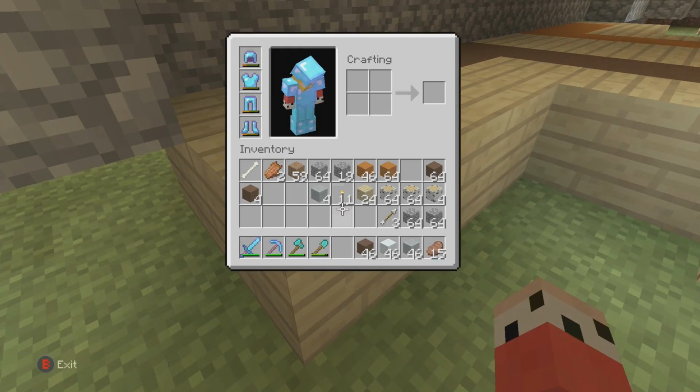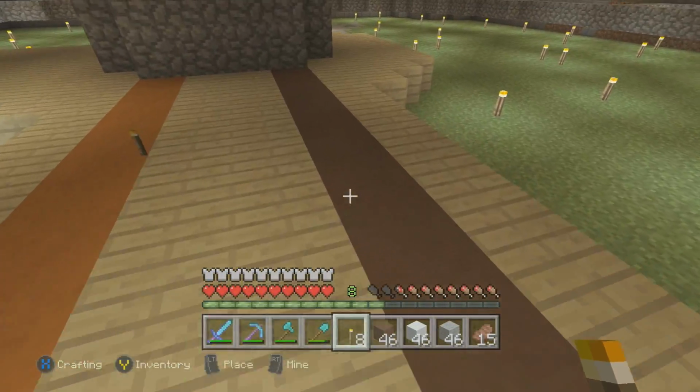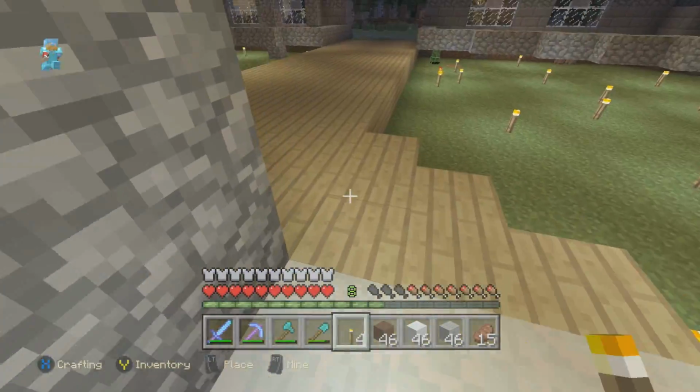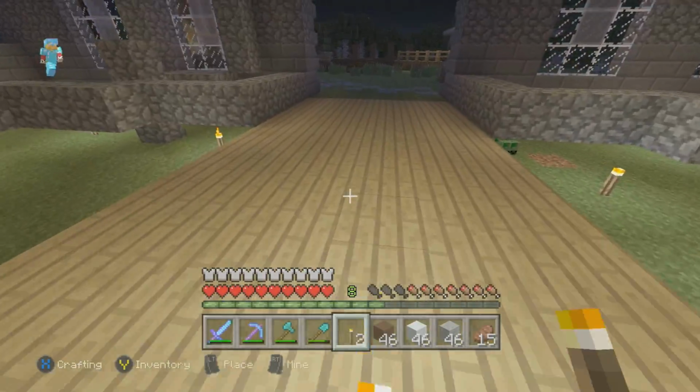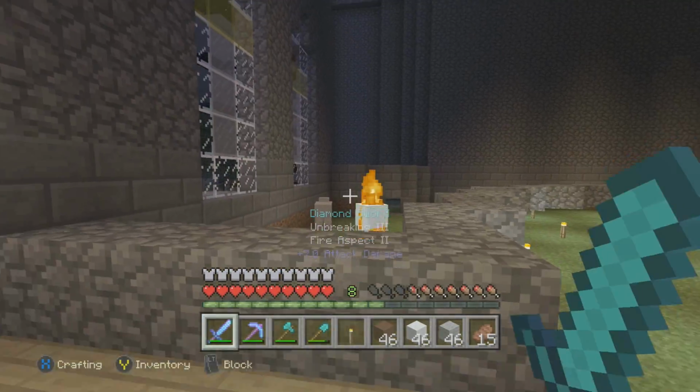I haven't got any... Oh, I've got 11 torches on me. Let's just make sure we don't get no mobs spawn in here while we're working, because that probably will end in tears and me quitting. Like that creeper right there. I think he's trapped in there anyway. Hey,